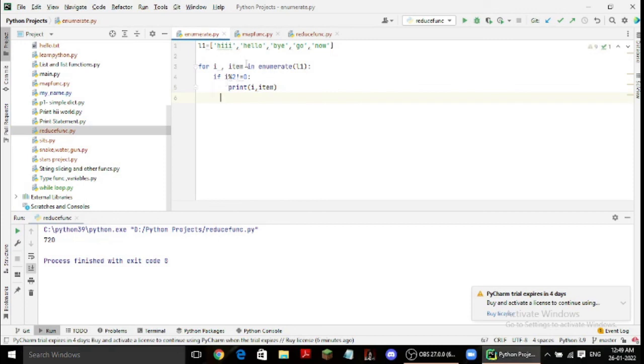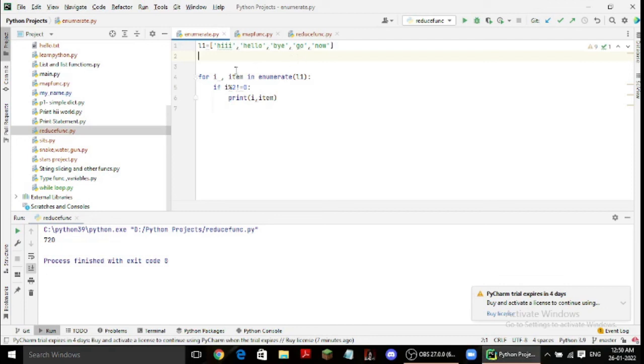Here I can show you what the join function is. Suppose the entries are hi, hello, bye, go, and now, right? And suppose I want to connect all these with and, means hi and hello and bye and go and now,